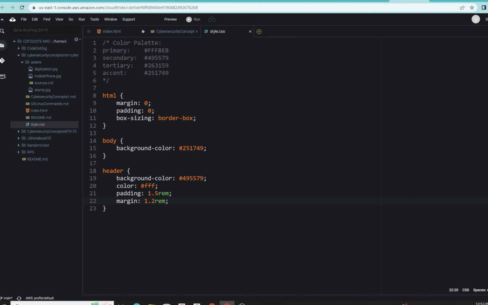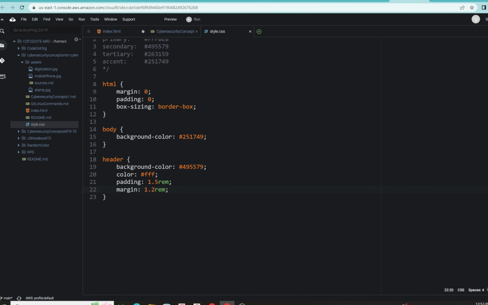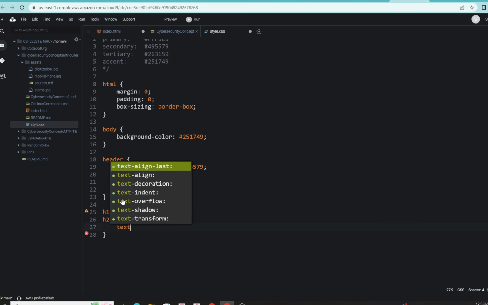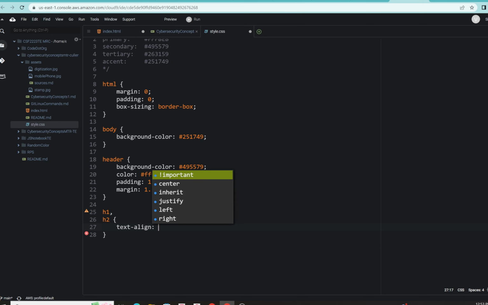Let me hit save here, and I want to address two other things before we break here. Let me address the H1 and H2s. So H1, comma H2 means anywhere you see H1 or H2, we want this styling to apply. We want a text align center. So we want that in the center of our page. And finally,